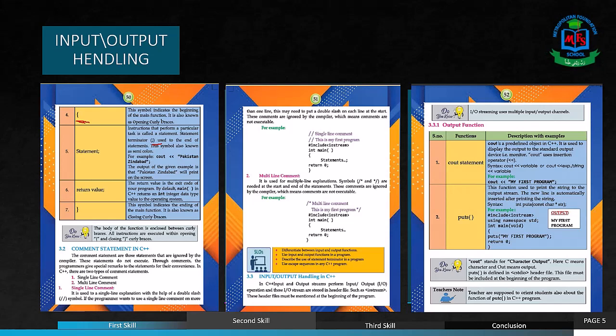Now see the last one, that is also called the closing curly brace. With this symbol we indicate the ending of the main function. It is also known as the closing curly brace. Okay student, now